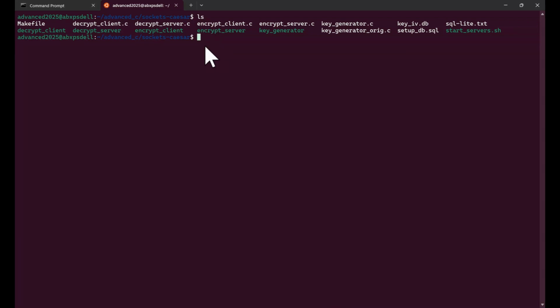I created a program, well, I created multiple programs. It's an implementation of Caesar cipher, and what I've done is I use sockets to create servers. I've created a server that generates a key, and then I created a server for encryption, and I've created